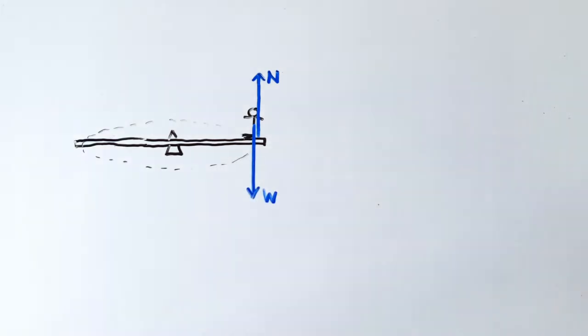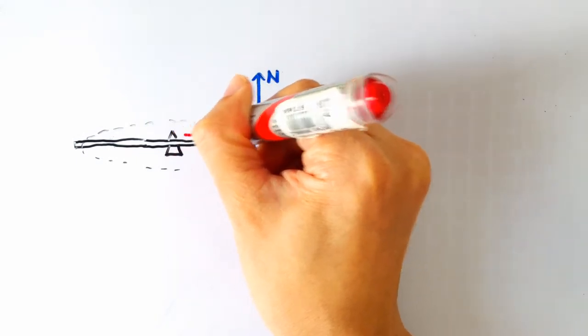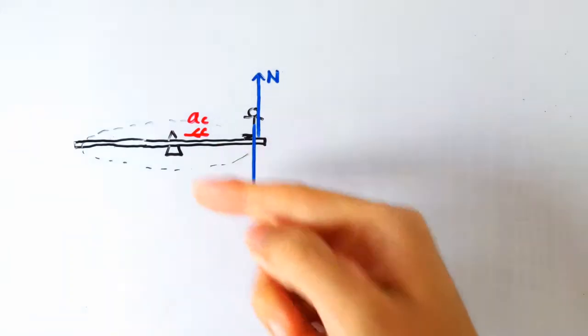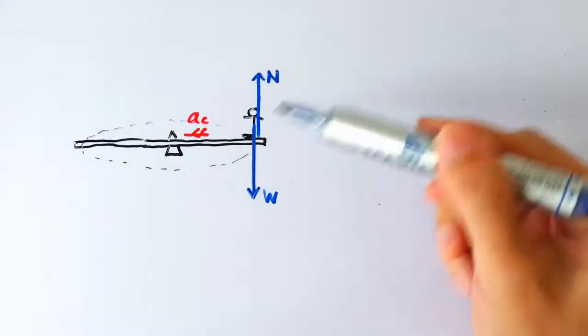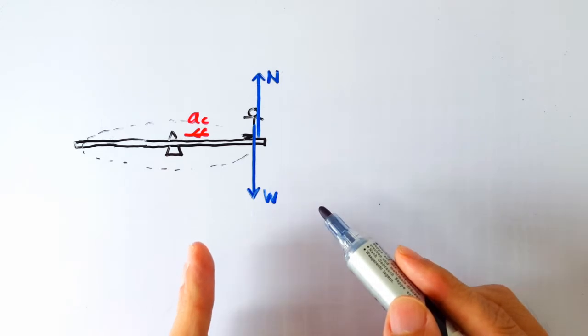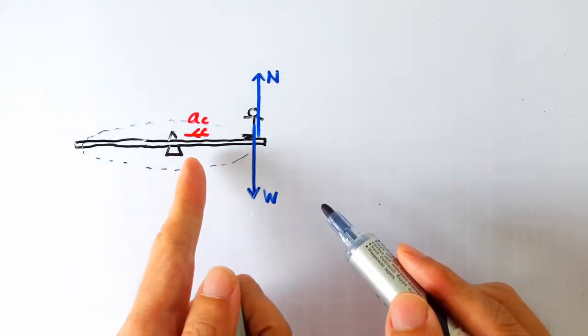So if it's going round and round in a circular motion, we know that a centripetal force is required. And these two forces are not in the centripetal direction. So we know the net force must be in the centripetal direction. So we know these two forces must be equal but opposite. But that means there must be a third force, at least a third force that can provide us with the